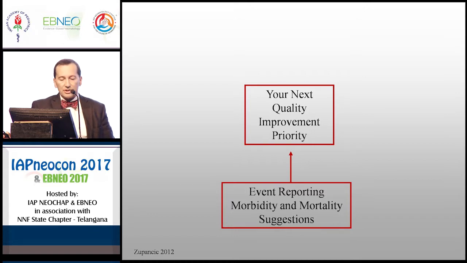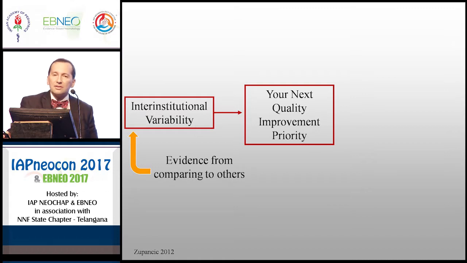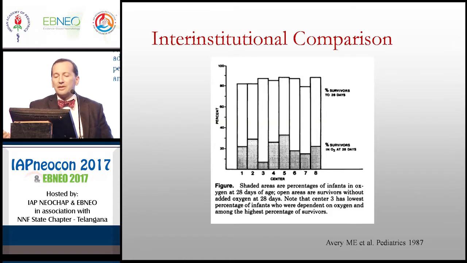The first approach is to think about variability as being a friend and something that we can use to identify priorities. The first kind of variability is variability that occurs between institutions that we've heard a little bit about. And so in this case, we're looking at evidence from comparing ourselves to others as to what our priorities should be. Many of you have probably seen this quite famous